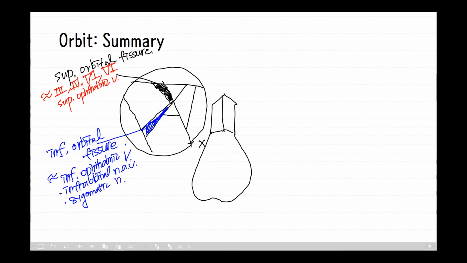And this infraorbital nerve, artery and vein go to the infraorbital groove,